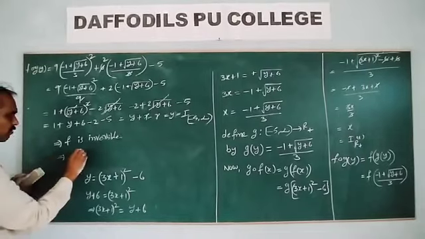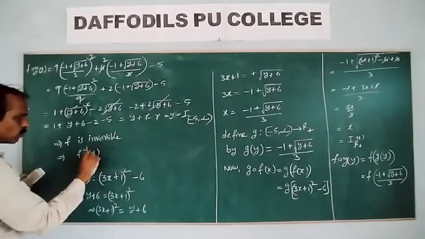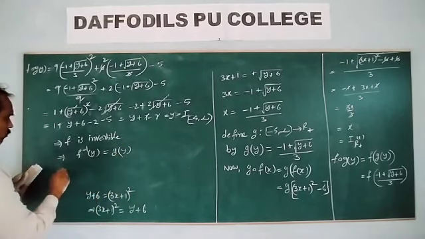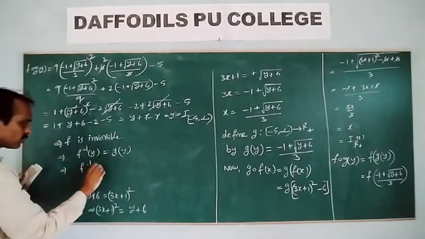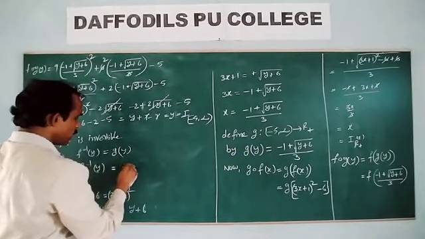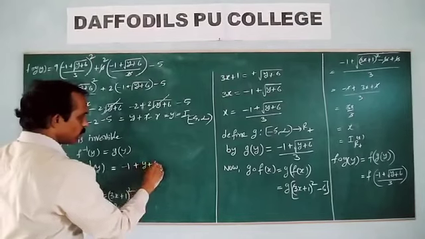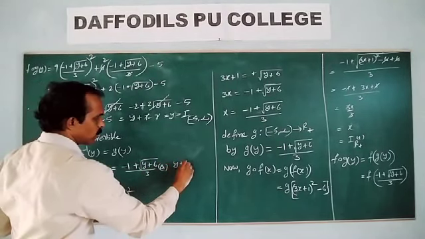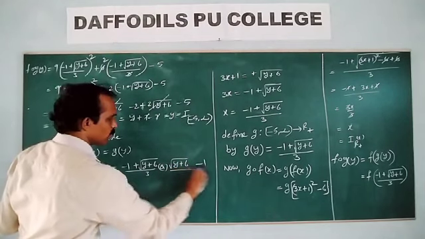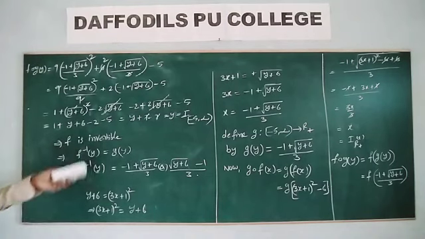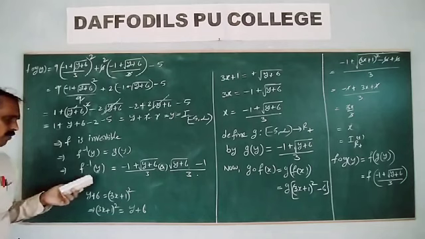That implies, what is f inverse? f inverse of y is equal to g of y. That implies what is f inverse of y? f inverse of y is equal to g of y, whose value is equal to that one: minus 1 plus root of y plus 6, divided by 3. So this is the f inverse. Clear? This is the last compulsory step: f is invertible, then f inverse is equal to g of y.